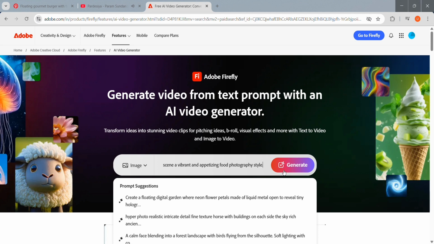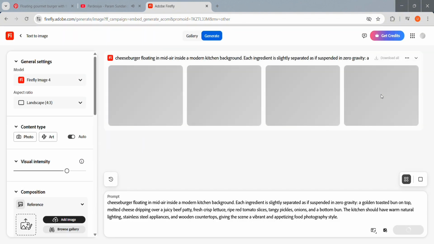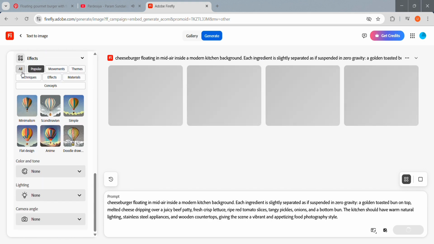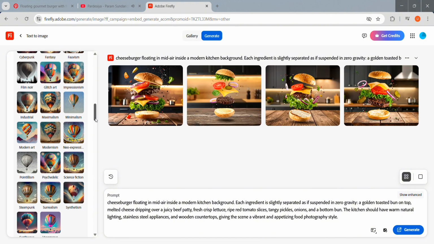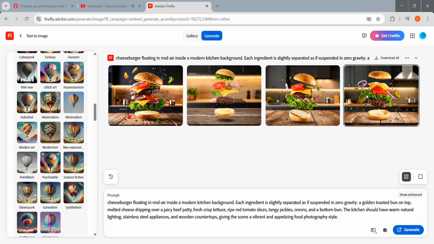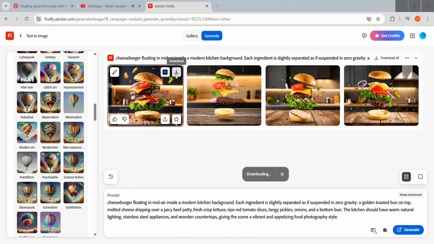The prompt is cheese burger, and the background lights and the ingredients that I wish to see in that burger. And once we hit generate, okay, so this is my long detailed prompt that I gave. Then I change the settings. Okay, for effects I'm going for, let's see. Oh, it has already generated this picture and I was looking for that picture only. It looks really realistic and very cinematic. Okay, let me save this first and then I'll try more variations to this.